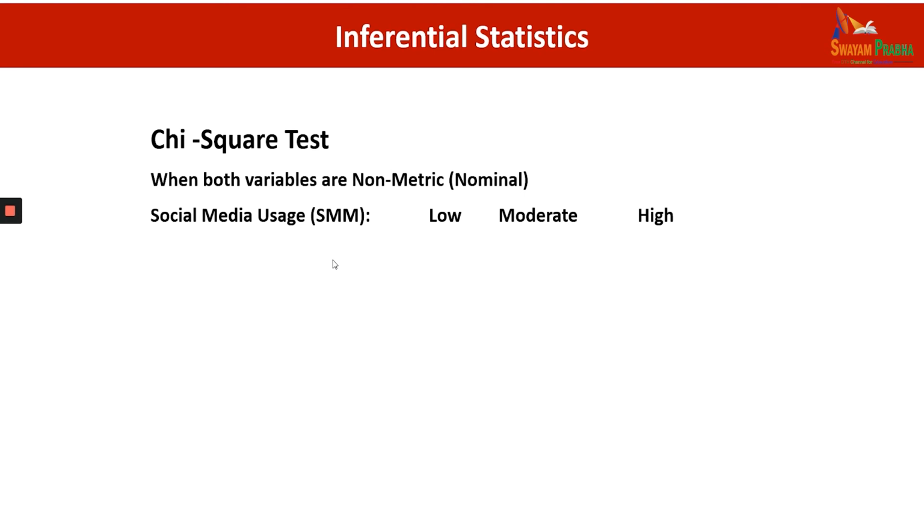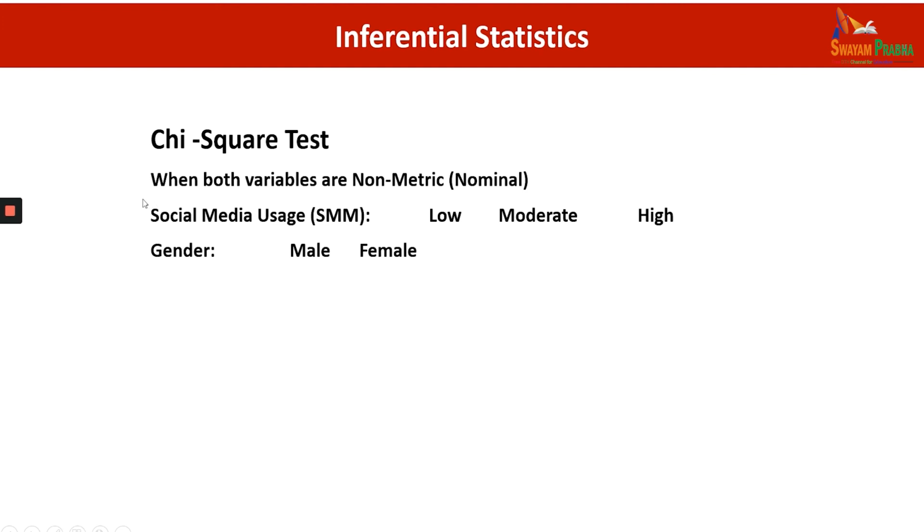Now see here, for example, I have one variable called social media usage. Let us say from any university, I measured this social media usage on a categorical or multiple-type question by indicating whether it is low, moderate, or high. And you can clearly see that this variable is a non-metric variable. And similarly, I have the second variable called gender. And again, it is a non-metric, categorical variable.